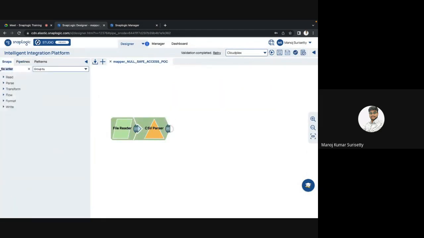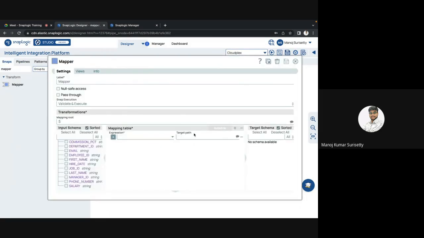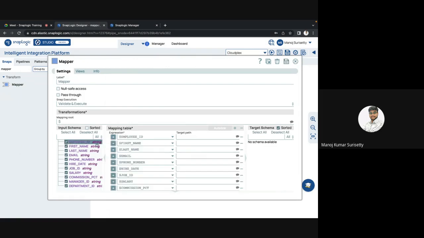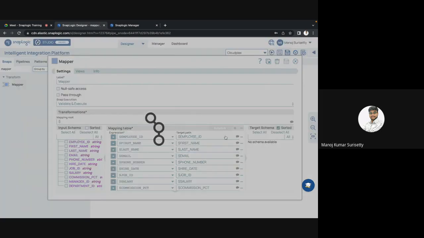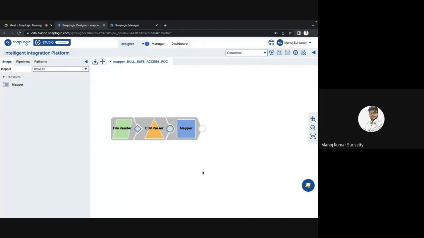Okay. Anyway, I will use the mapper. I will just select everything and I will have it here, and I will also have it here. Okay. Save this. I'm not doing anything here. Save this. And now my requirement is, like yesterday,